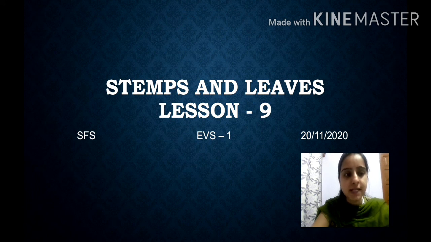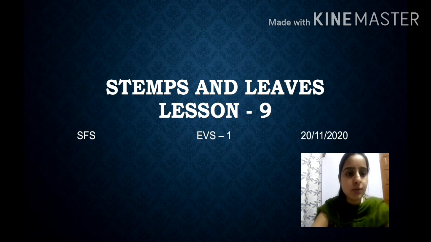Then we studied about the gases. There are three types of gases we have studied: carbon dioxide, oxygen and nitrogen, and also the short form of those gases, right? Then air pollution, sources of gases like carbon dioxide and oxygen, the bad effects of burning firecrackers, isn't it? So read the lesson. If you find any difficulty, you can ask me.